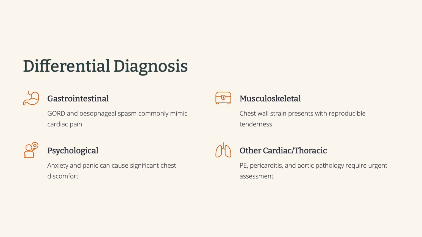Speaking of investigations, the sources mention things like blood work, ECGs, echocardiograms. What exactly are we looking for with each of those? Hold on, before we jump into tests, I think we need to make sure we're clear on the different types of angina first. Right, the sources mention stable versus unstable. Okay, so stable angina, that's the most common one. It's usually triggered by exertion, things like physical activity or stress. So like if someone's working out or maybe having a stressful day at work. Exactly. It's kind of like the heart saying, hey, I need more oxygen. But then it calms down when you rest or take medication. So stable angina is sort of predictable. It happens when you do certain things and then goes away when you stop.